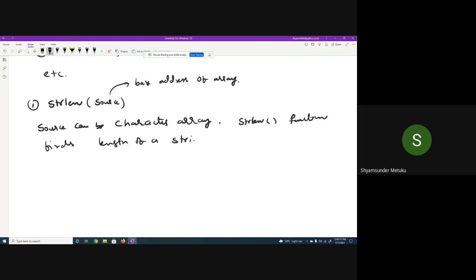Every character in the string is counted except the null character.